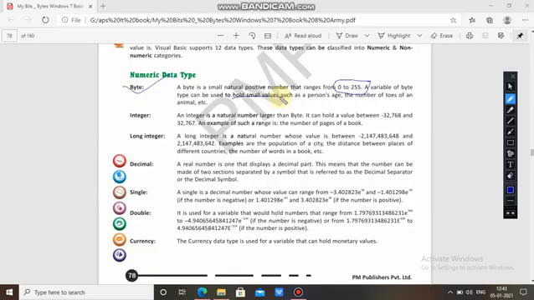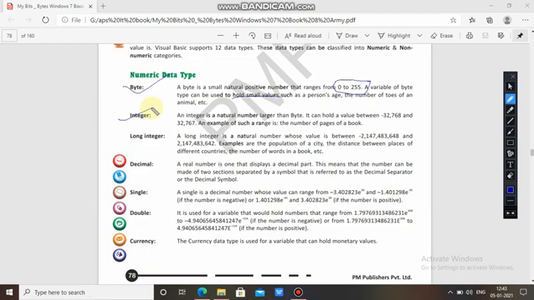Now, the next one is integer. An integer is a natural number larger than byte, because byte has only 0 to 255. An integer can hold a value between minus 32768 and plus 32767.